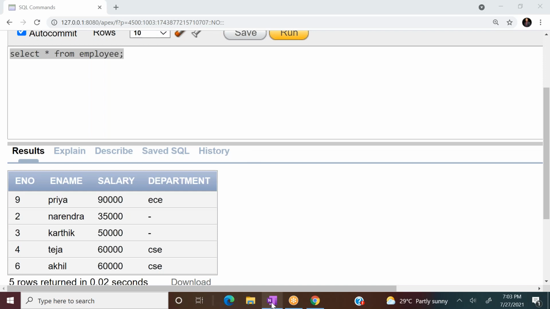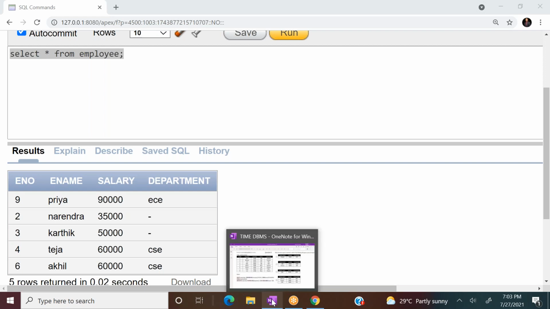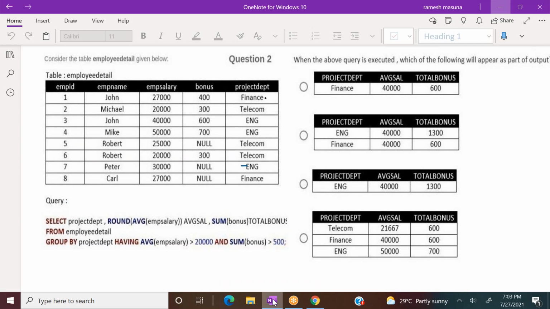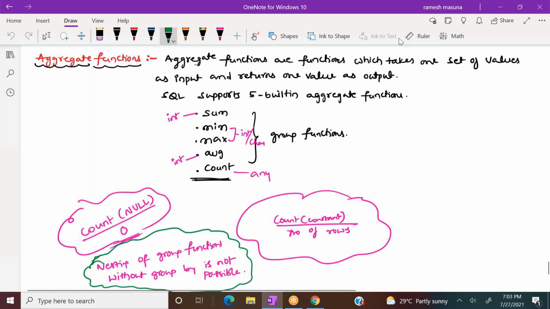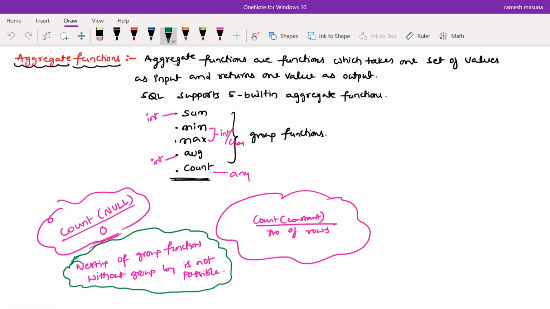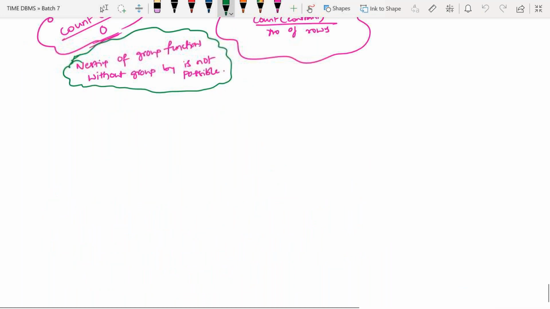Yesterday we discussed aggregate functions. And today I'm going to continue my session with the next topic called group by and having clause. Aggregate functions are also called group functions. Yesterday we have discussed. Now I'm going to continue my session with